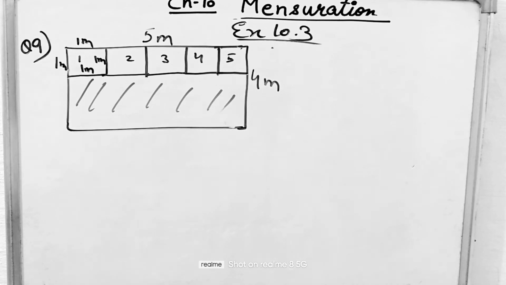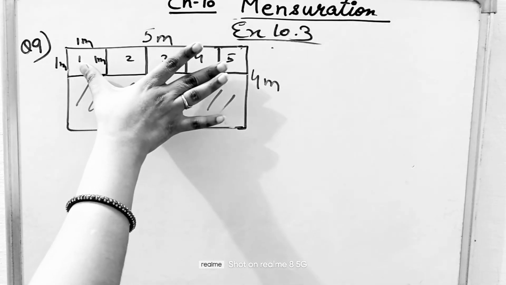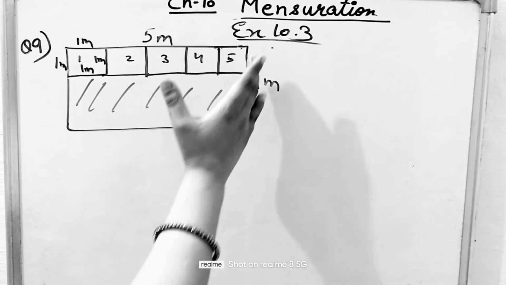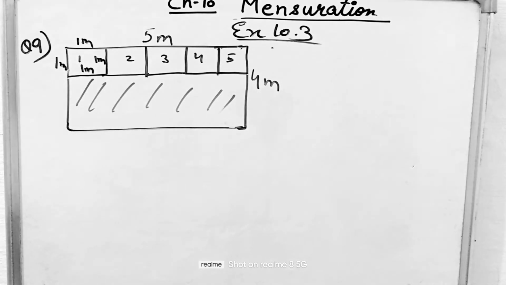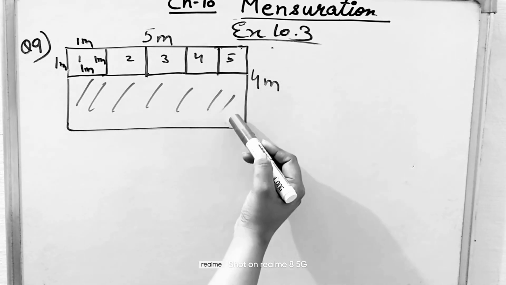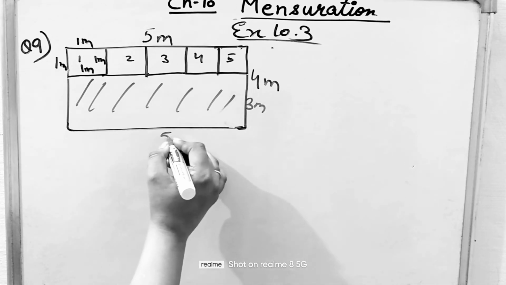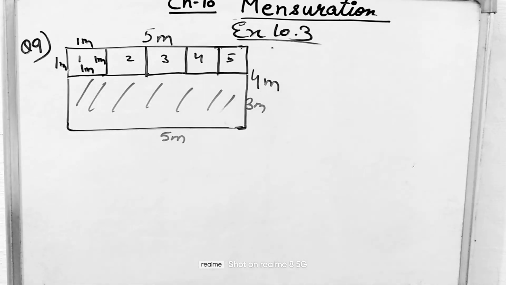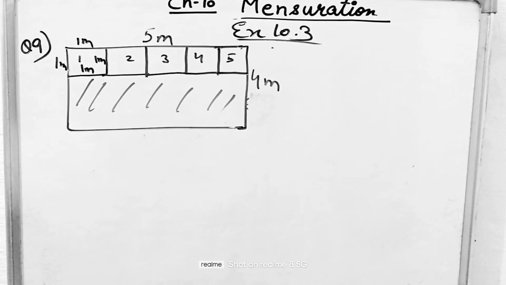Alright, and the second method is, you can see that these flower beds are dug at one edge, along the length of the land piece. So this decreases only the width of the land piece by 1 meter. So the width becomes 3 meters and the length remains 5 meters. So you can directly find its area by just multiplying 5 and 3. So let me show you both the methods.